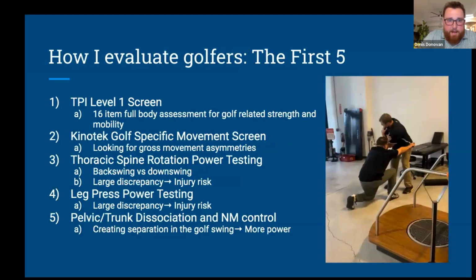Now, this is how I evaluate golfers. So the first five things I look at, and it's funny because people will typically say when they come in to see me for a golf performance evaluation, "Oh, should I bring my clubs?" And I say, "No, actually, for the first session, I don't want you to bring any of your clubs. What I want to do is take a look at you from a head to toe perspective, see how each individual body segment moves,